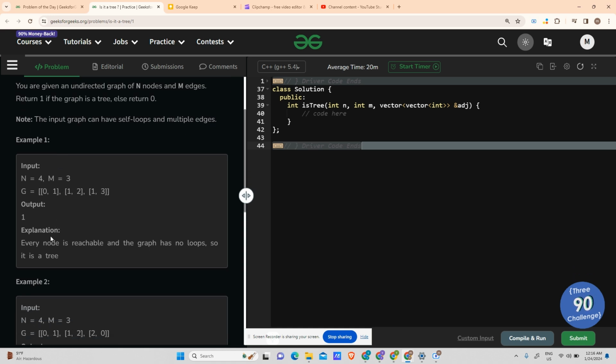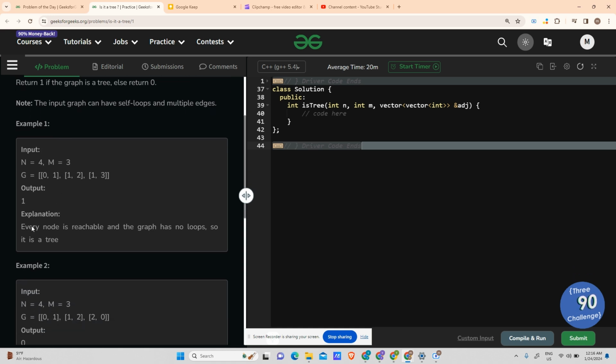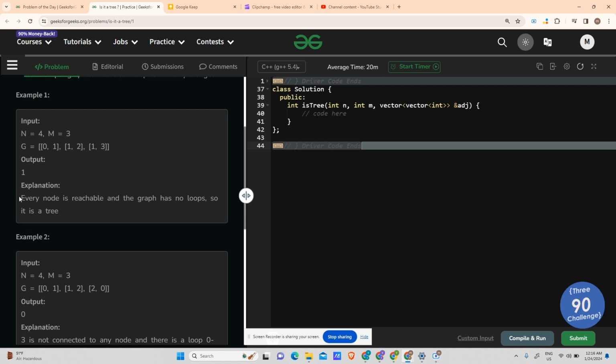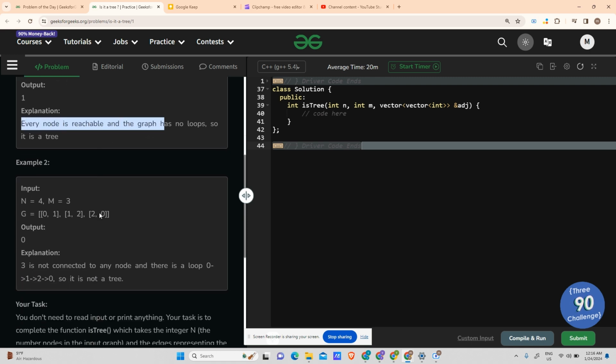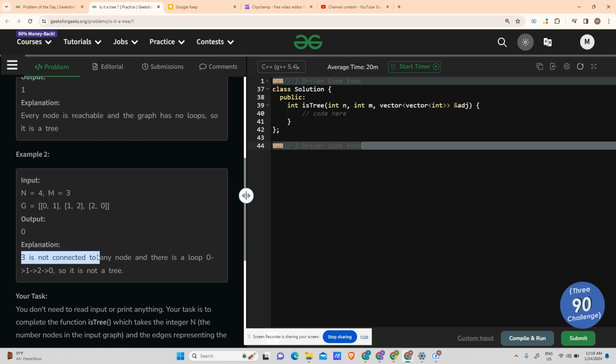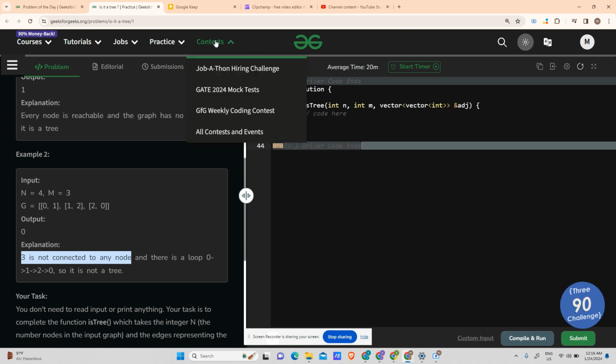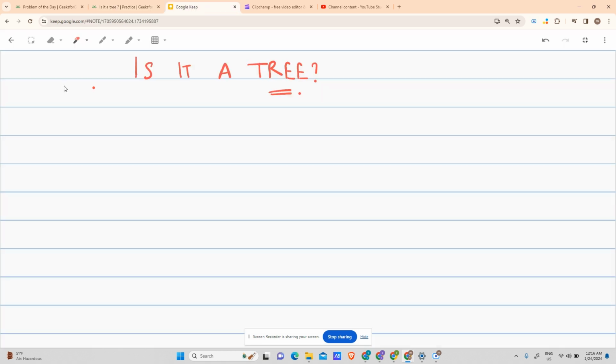All right. Now, if you read the explanation of each example, here every node is reachable and the graph has no loops, so it is a tree. And it is said that 3 is not connected to any node and there is a loop 0, 1, 2, 0, so it is not a tree. So as I read the given examples, I am able to get a hint that a graph is a tree